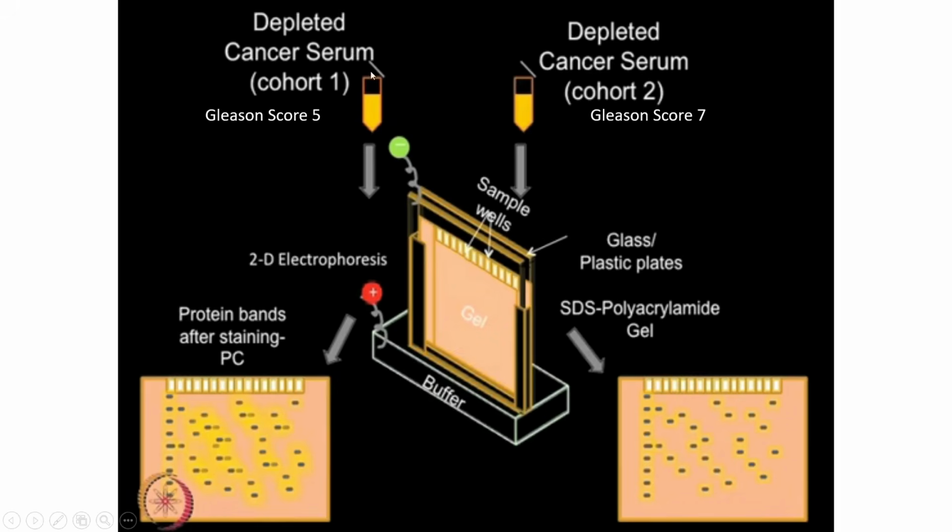Then, in this study, they divided the samples into two sections, wherein the same disease sample is used, so there is no control sample in this specific gel or slide. They used the disease sample itself, but divided depending upon the stage, wherein cohort 1 and cohort 2 have different Gleason scores. So what is the Gleason score here? It's basically the stage at which that person is suffering from prostate cancer. Depending upon their stage, early or later, a Gleason score is given,